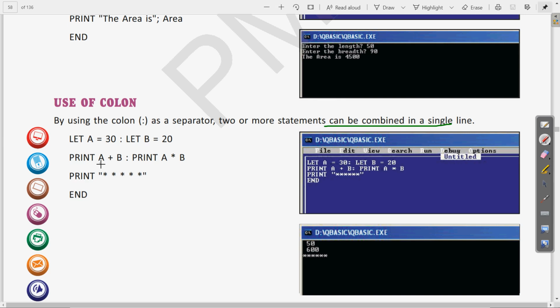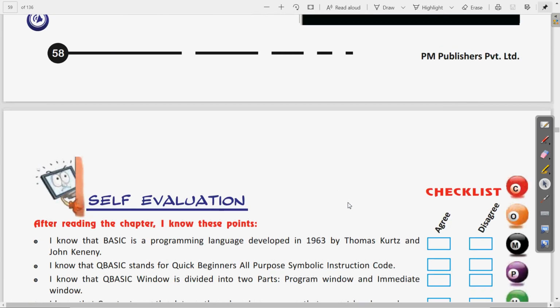So whatever is the sum of these two variables which we want. Here in the book the example is 30 and 20. In our case we have assigned whatever numbers we want to give to these variables, that can be done. Okay. Now this way the explanation part is over.